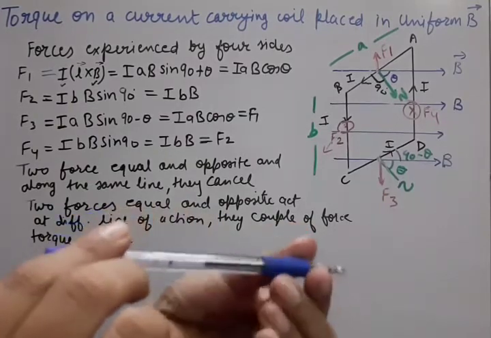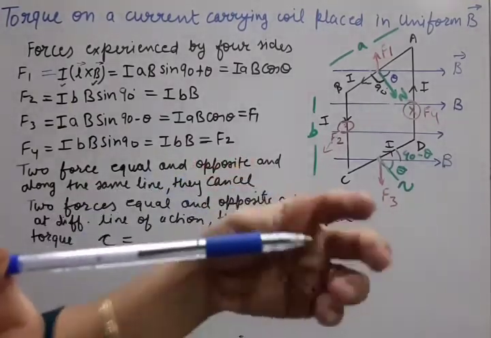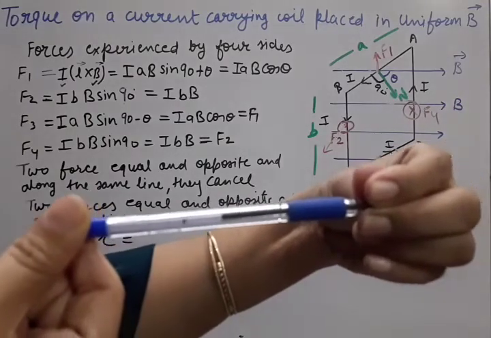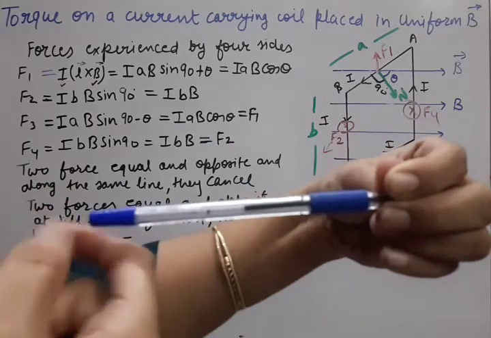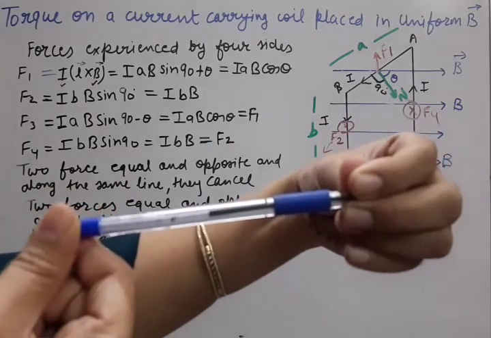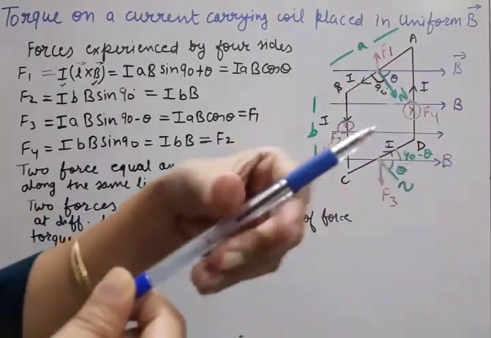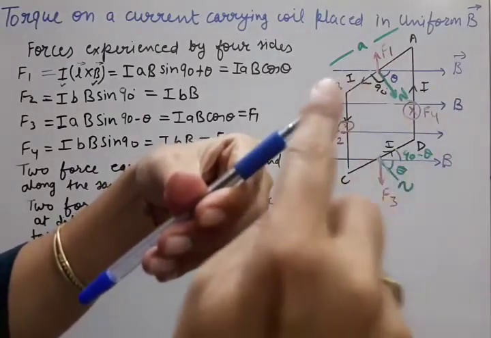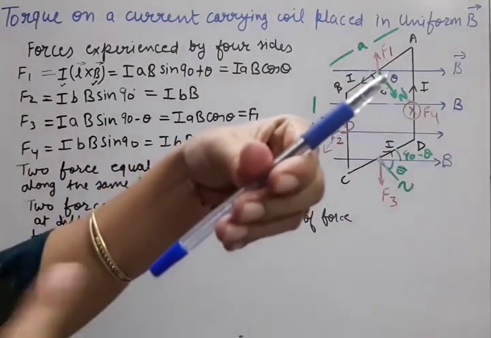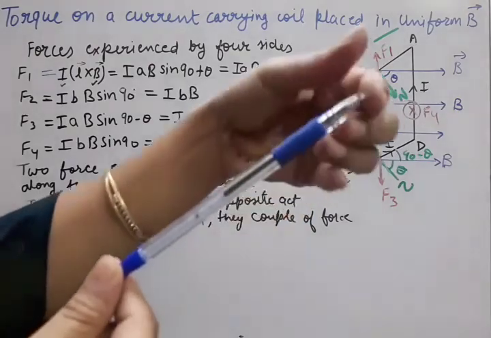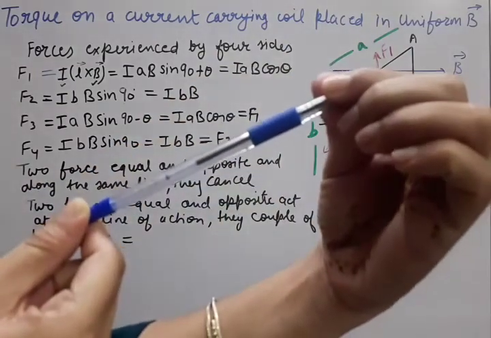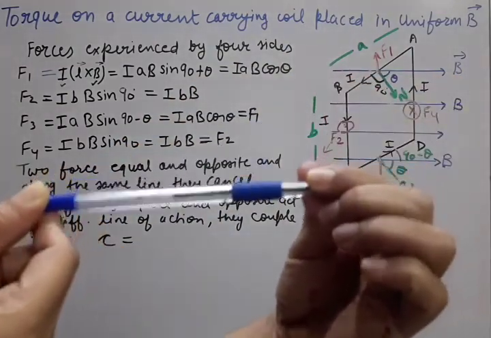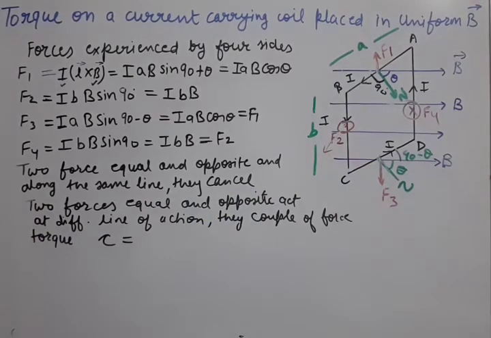Suppose one person is pulling from here, one person is pulling from here. Now if they are along the same line, the direction of the force is here and here along the same line, then the force will be cancelled. But if one force is applied here and one force is applied here in the opposite direction, then they will not cancel. Finally, if we try to apply the force from both the sides of the pen, this pen is going to rotate. So this rotation effect is achieved because of this torque.